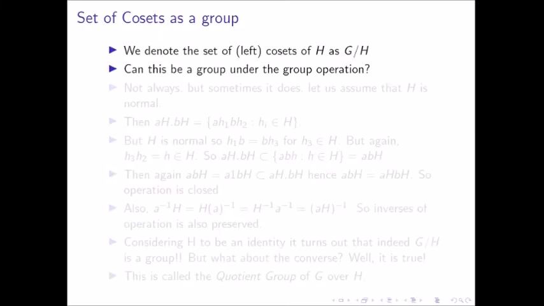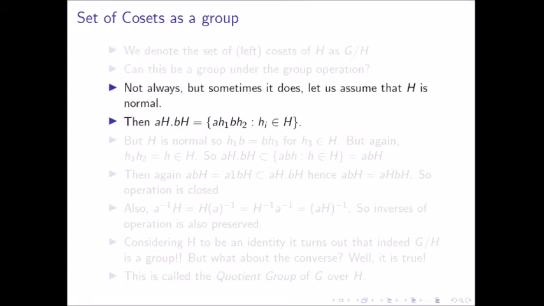So now we studied cosets as a partition of G. But can cosets under our group operation behave like a group? Not always, actually. However, in our abelian cases and most of the cases, it turns out yes, it indeed is a group. For example, in our example of Z, 3Z plus 1 and 3Z plus 2, it's basically the same as Z3, the modular group. So 3Z is equal to the class 0, 3Z plus 1 is equal to the class 1, and 3Z plus 2 is equal to the class 2, and we can use group operations over there. So what about a general setup?